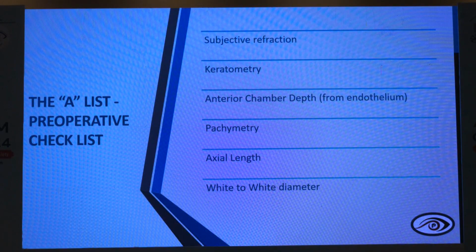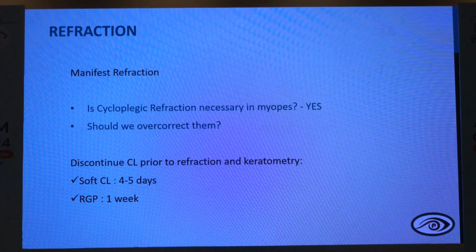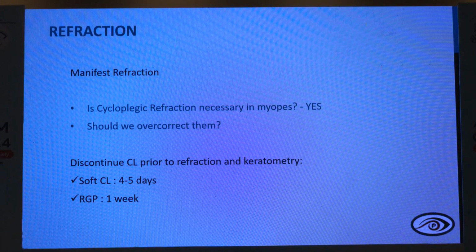So before starting, I want to again tell what the A list for the pre-operative checklist is. Very important: subjective refraction, keratometry, anterior chamber depth, pachymetry, axial length, and white to white. Of course, in all my refractive surgery patients, I prefer to do a cycloplegic refraction. Those who are wearing soft contact lenses, I tell them to discontinue for 4 to 5 days. Those who are wearing RGP, 1 week to 2 weeks is ideal for them to come back for the